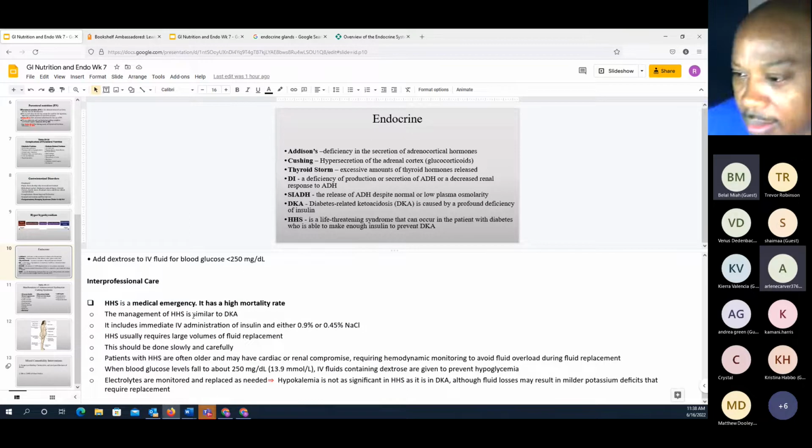Let's see, so HHS is a medical emergency and has a high mortality rate. That's because these patients are in severe dehydration. Like I told you, they're not excreting the glucose as much in the urine because they have cardiac and renal compromise from getting older, and therefore, they have a much higher mortality rate. The dehydration is so much more significant in HHS. All right. So just read the rest of this information